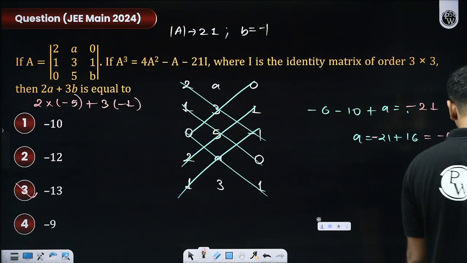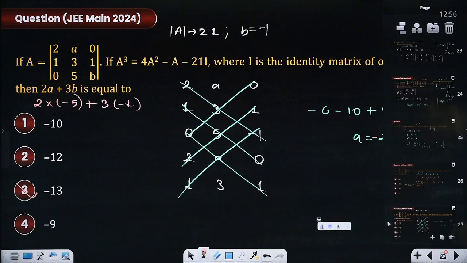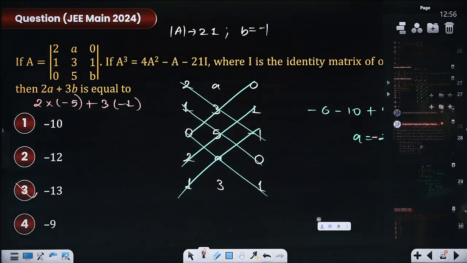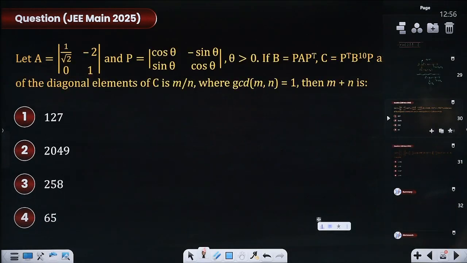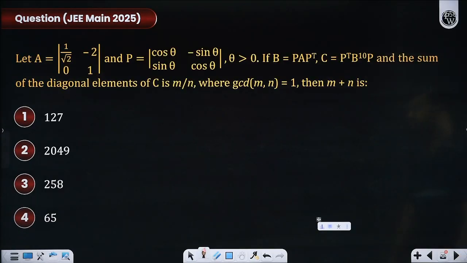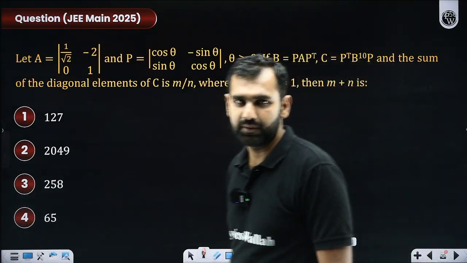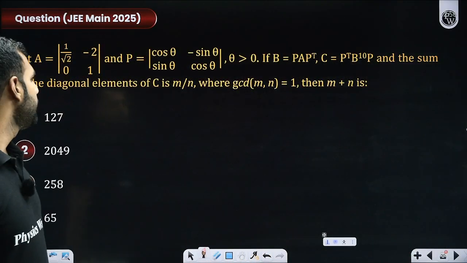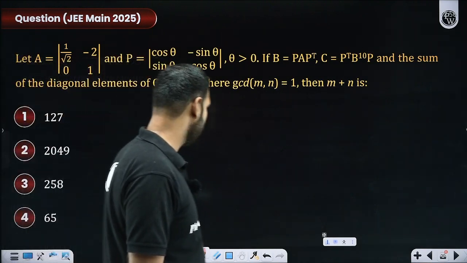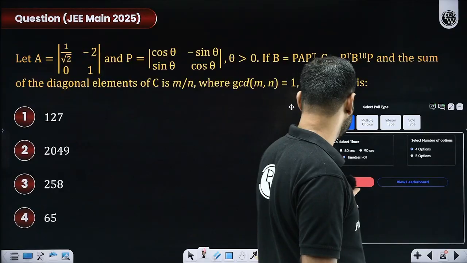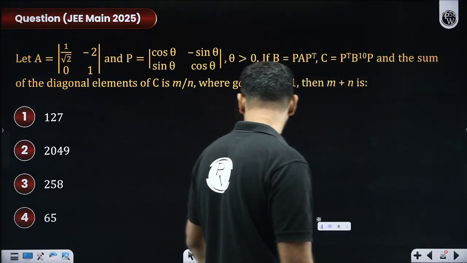Now, let us move towards the next question for the day. What does it say? Here we are with the next few questions, last two questions. Very good questions, one of the best questions. If you solve this, you are done with this chapter. Trust me. How do we do this? Before I start this, of course, we'll be conducting a poll in this question. So, timeless poll. Let's start now.